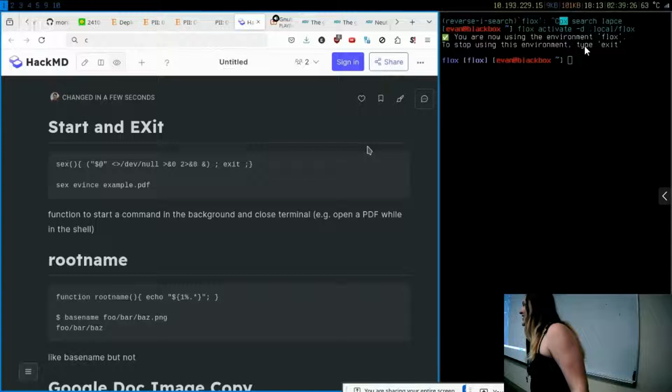What's the next one? Tell us why. I was gonna say, what is the point? basename can't do this for some stupid reason. It can't strip off just the extension on a full path. It will just give you the file stem. It'll give you the name, and then that's it. And there's no options to get the full path. You could manually combine it with other stuff, like dirname and whatnot, but...